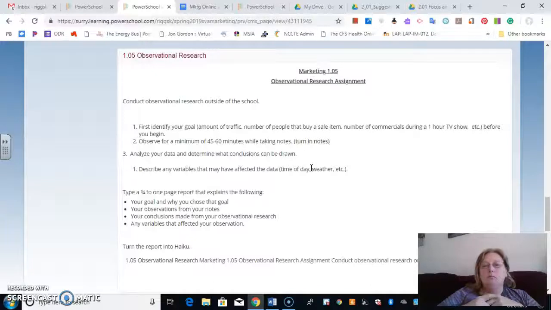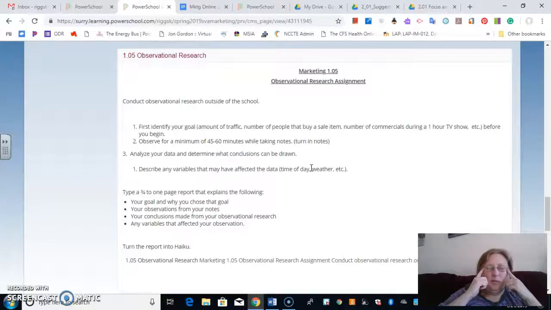about the commercials. What you're looking for is, what type of commercials are they? Do you think there'll be a certain type? Who is the target audience for most of the commercials? Do you think the commercials would have been different if the target audience had been different? Like, if I'm watching Game of Thrones, or if I'm watching Scooby-Doo, what's the difference in the commercials? Talk about that. Then you're going to take 3/4 of a page.